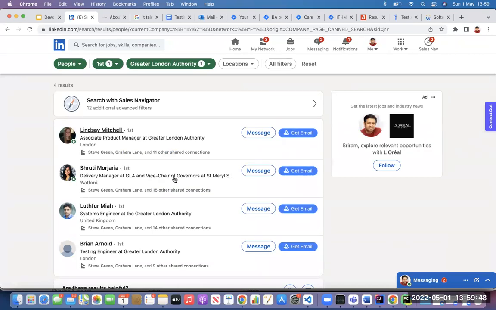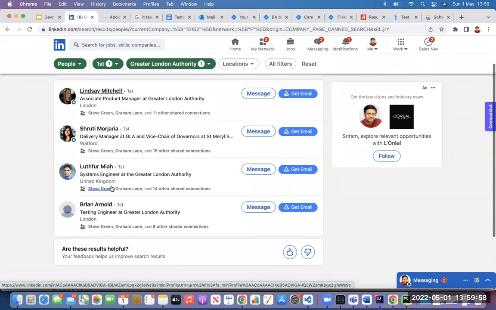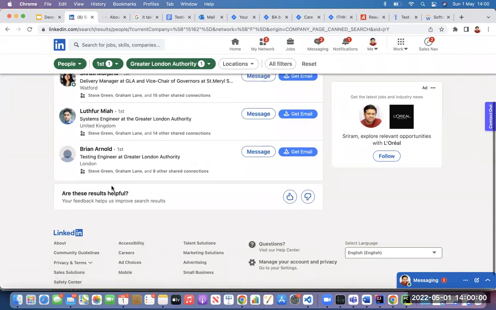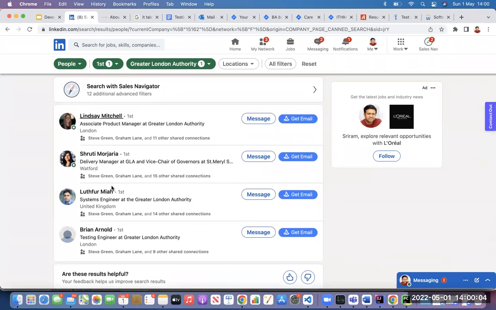Vice chair of governor. Okay, and I got good testers, Brian, all these people. So now we can see here what I'm pointing out. Even though I worked with Boris Johnson, the hierarchy is flat. Even he used to sit with us at breakfast and we all had a good time, and he used to talk to each other.